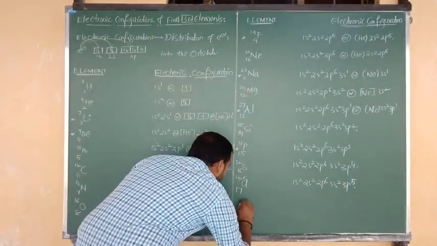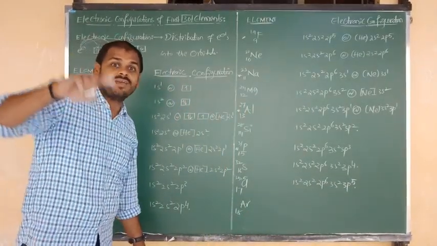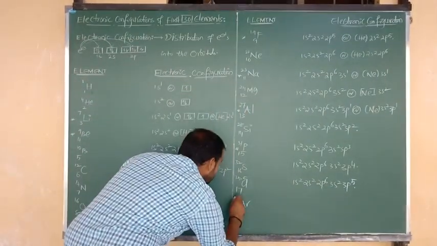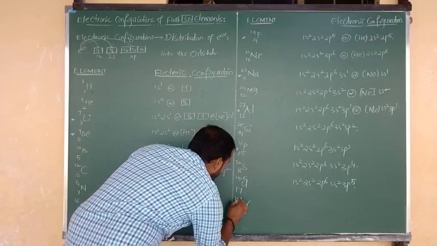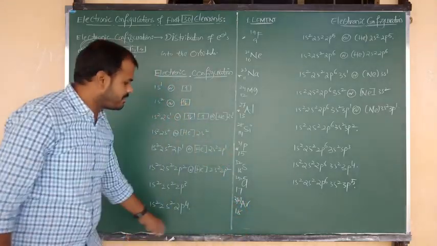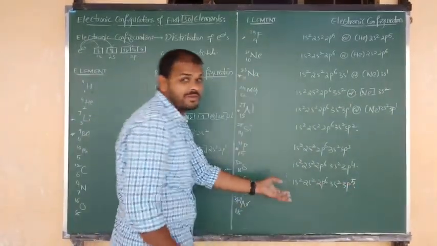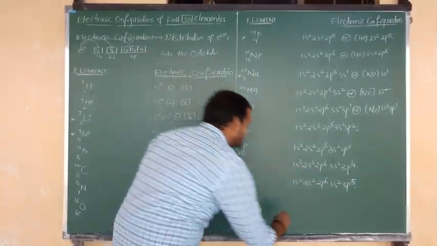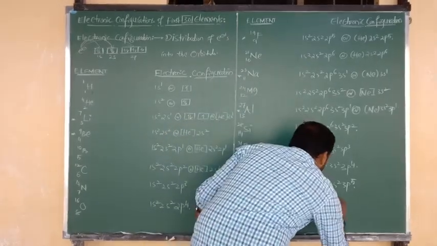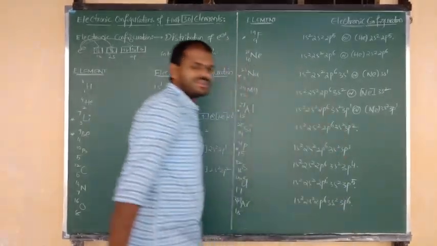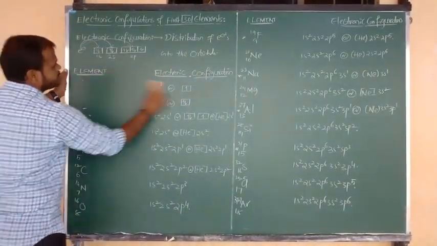Next one is what, beta? Argon. Argon atomic number is 18, but mass number is nearby 40. We have seen in the example of isobar. So we can say exact mass is 39.9. So what is the argon atomic number? 18. Mass number is 39.9. But totally 18 electrons are there. 3s2, 3p5 becomes 3s2, 3p6. So overall configuration is 1s2, 2s2, 2p6, 3s2, 3p6. Okay, my dear students, good. So up to now 18 elements are over.